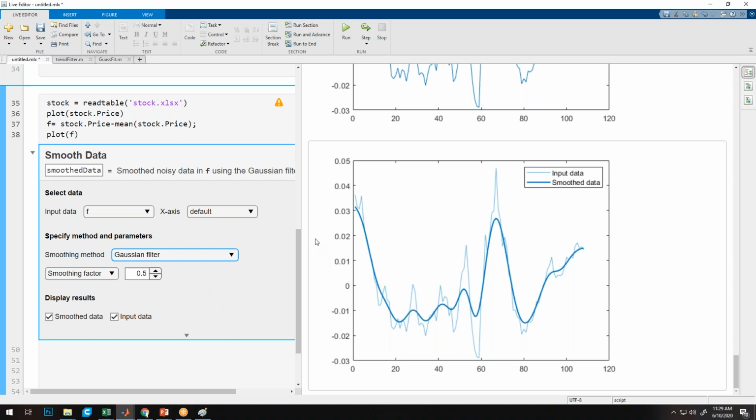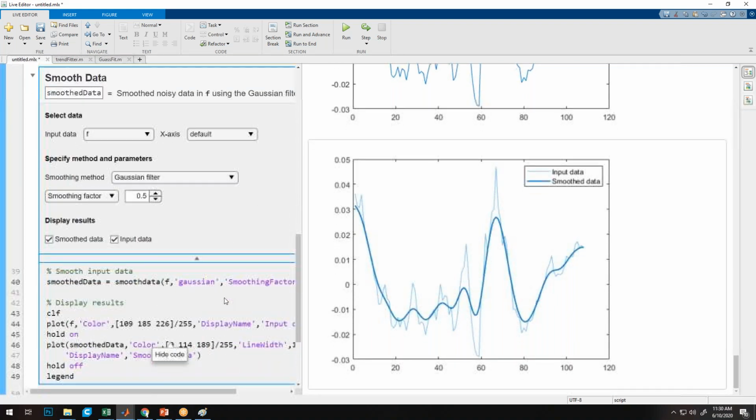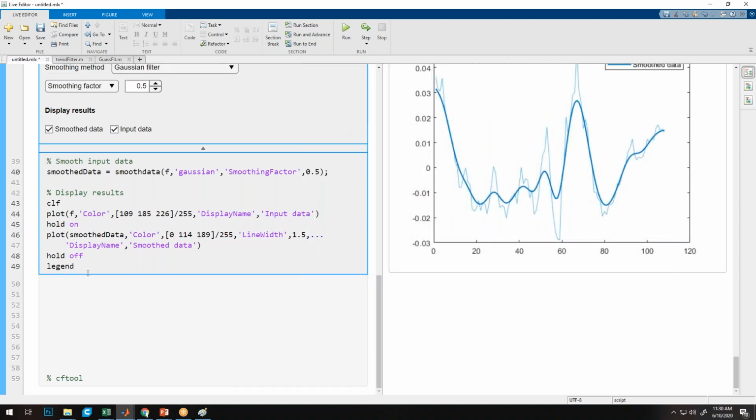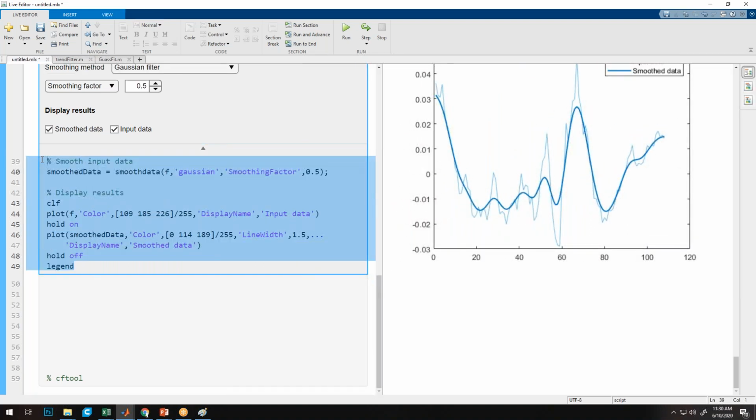After doing this, what is the code behind it? MATLAB is designed keeping the code perspective in mind. To get the code of whatever you have done here, you have to click on the triangular notch here. The moment you click on it, it shows a hint like show code, and it will give you the entire code, which you can use in your script to get the data.